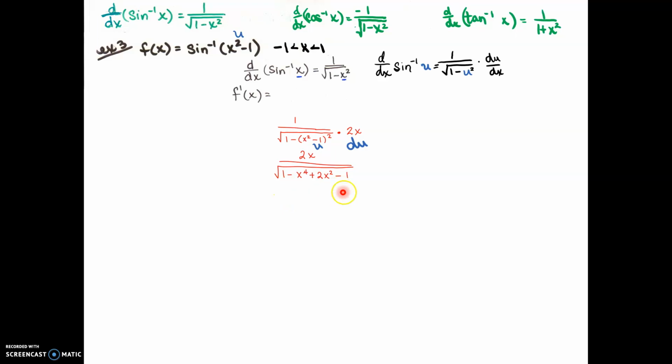Then you'll notice that the 1 and the negative 1 can drop each other out. And in our denominator, everything that we have left has an x squared in it. So if I factor out that x squared, this square root of x squared, we could take as an x on the outside, and then that x would cancel top and bottom. So if you want to fill in that extra step and just pull out that square root of x squared and make it an x out here and cancel it top and bottom, you're welcome to, but you also can cancel it here under the radical